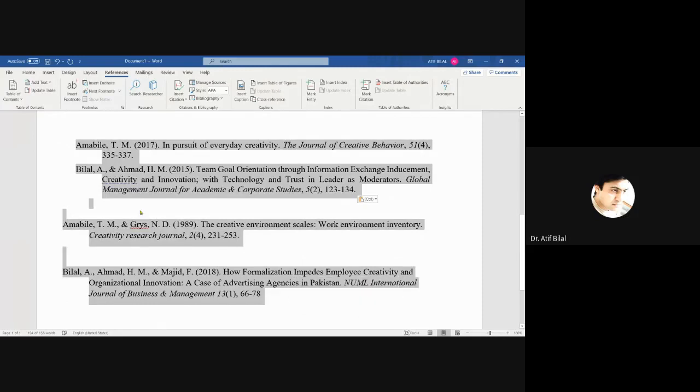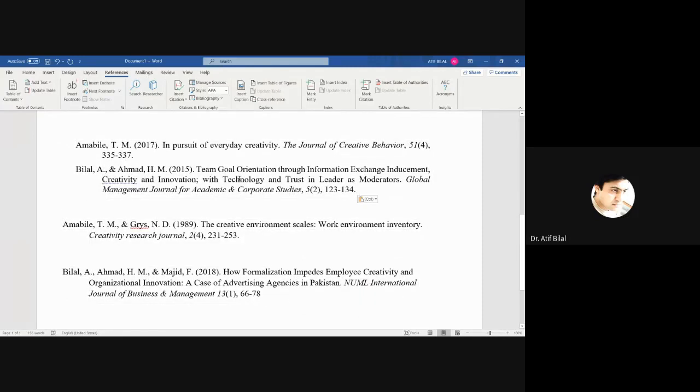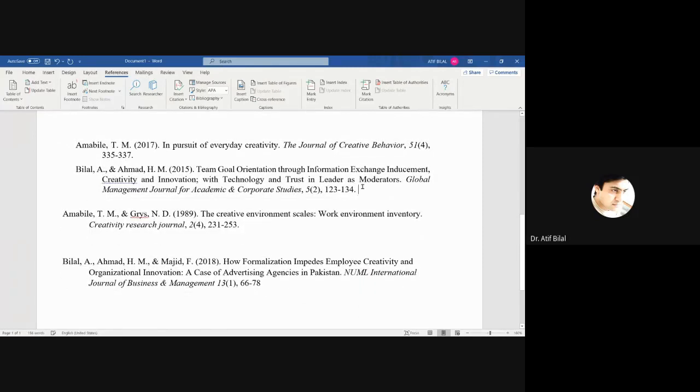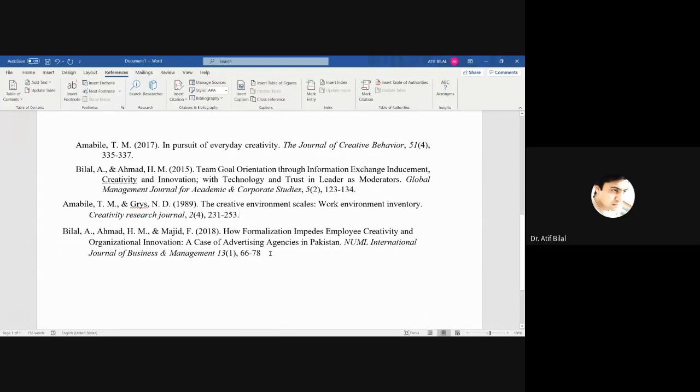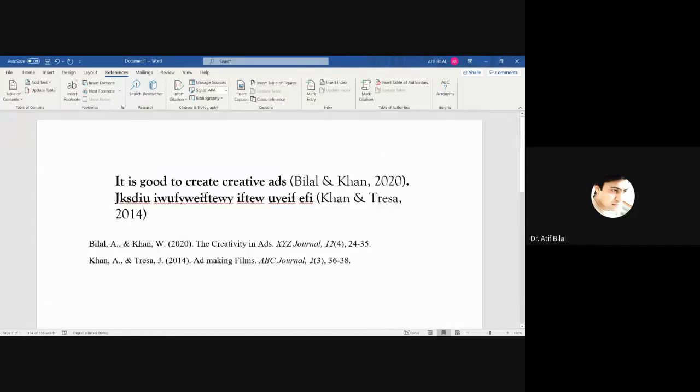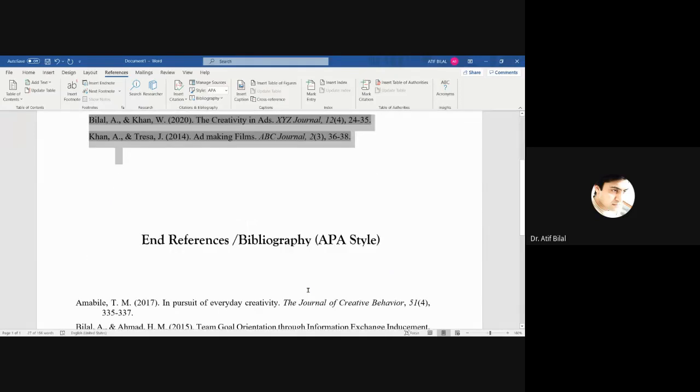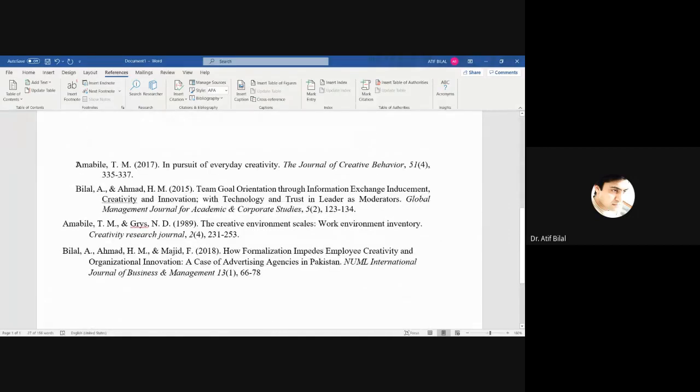So what we can do is make sure that there is only one space in all the references. And these are our references. We can just select them. If you're doing it with Word, it is automatically going to create it in alphabetical order. But if you're doing it manually, then you need to format them a little.